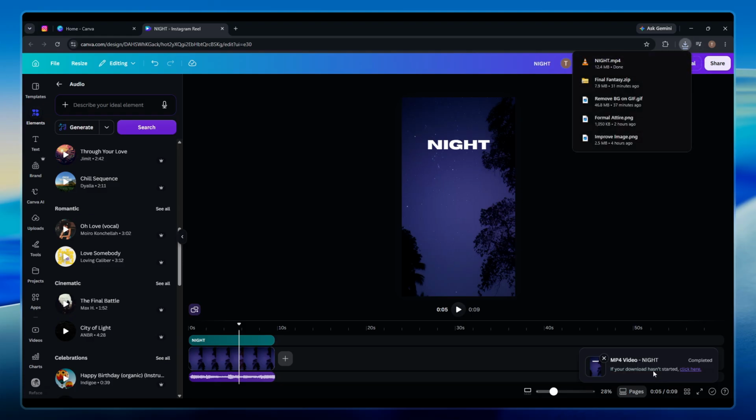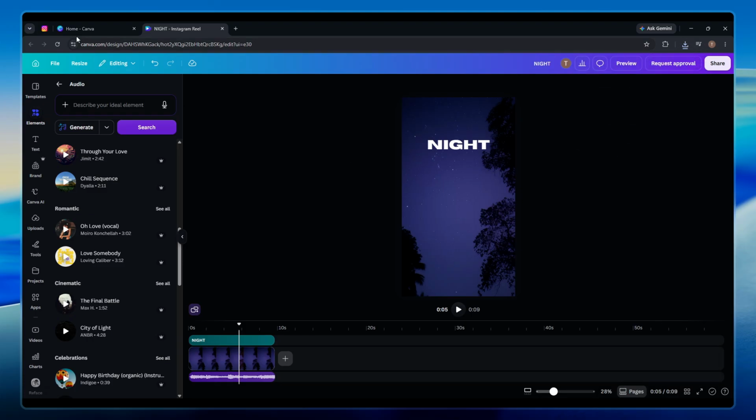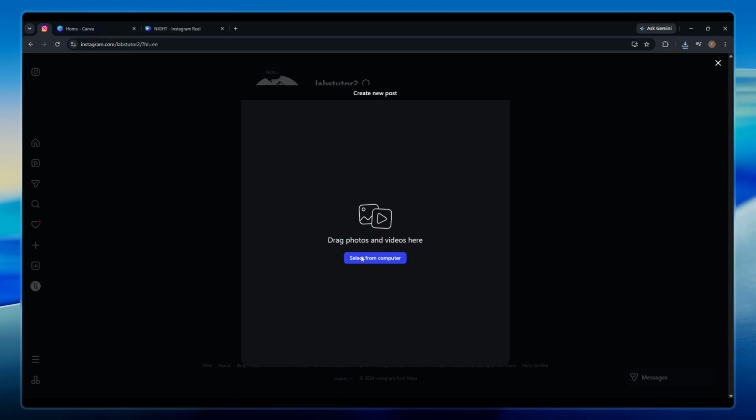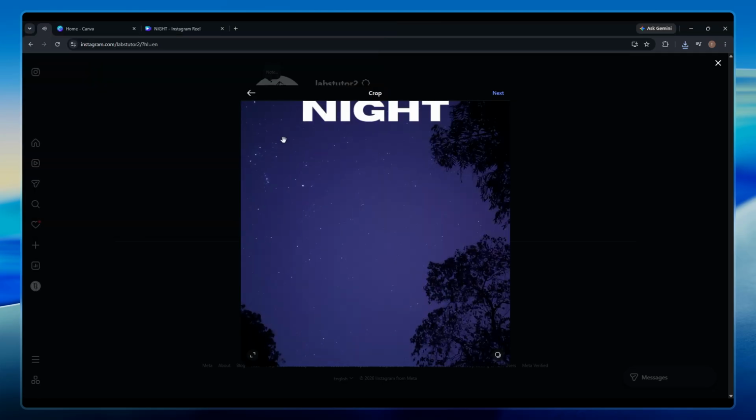After your reel is downloaded, head over to Instagram, either on the web or through the mobile app, and upload the MP4 file as a reel. You've now created a polished, professional-looking Instagram reel